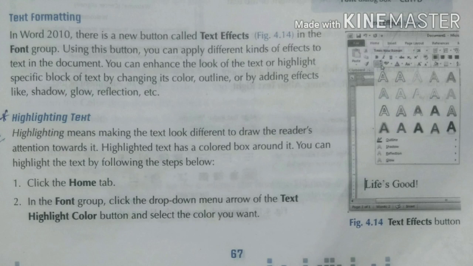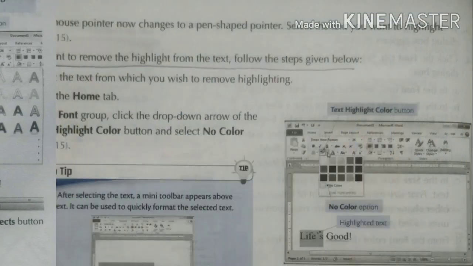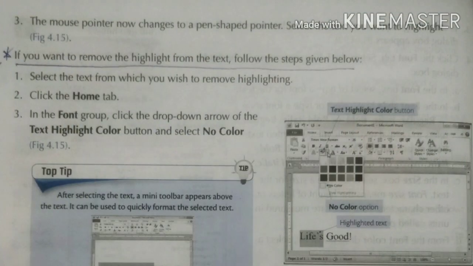So how will you highlight the text? If this question comes, you have to write the steps. Click on the Home tab. In the font group, click on the drop-down arrow of the Text Highlight Color button and select the color you want. It continues on the next page, so you can write it from here.